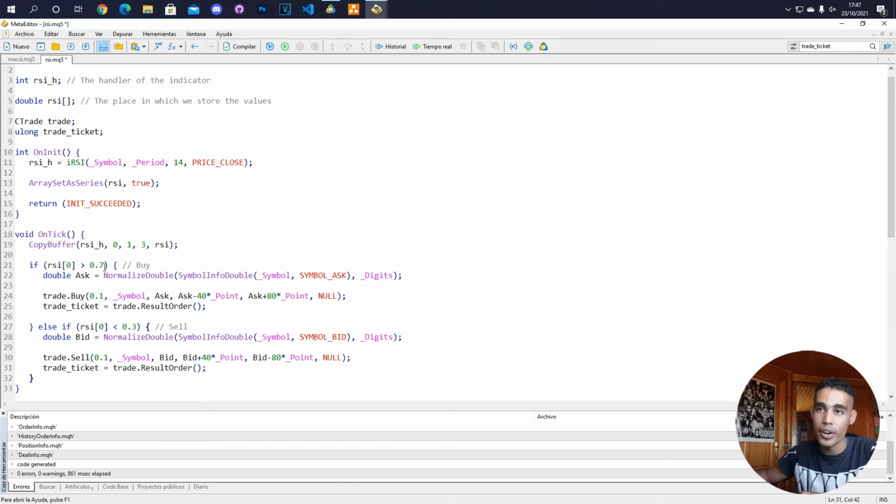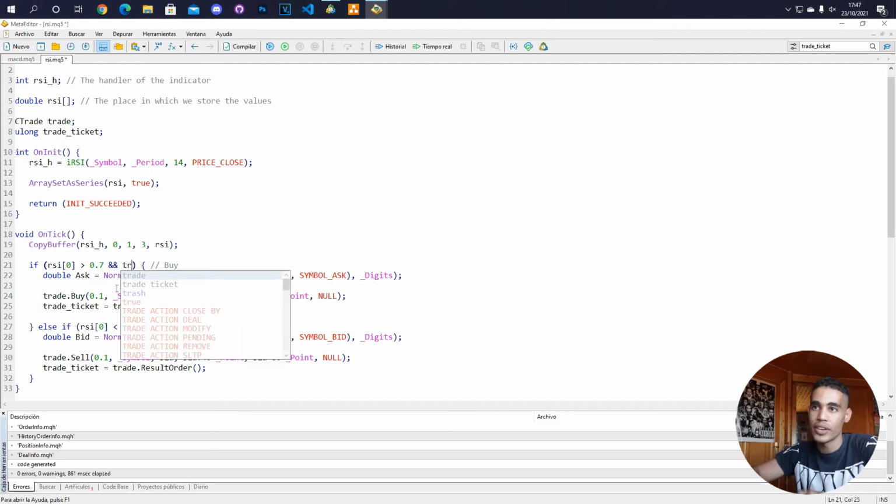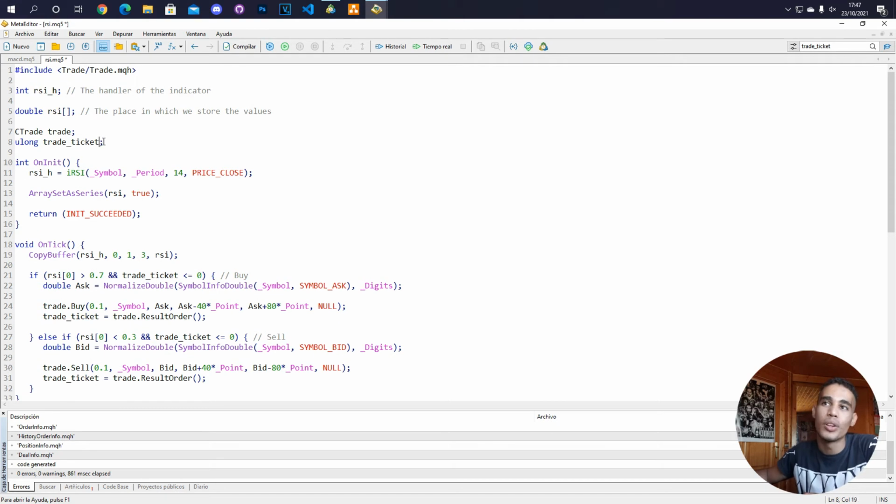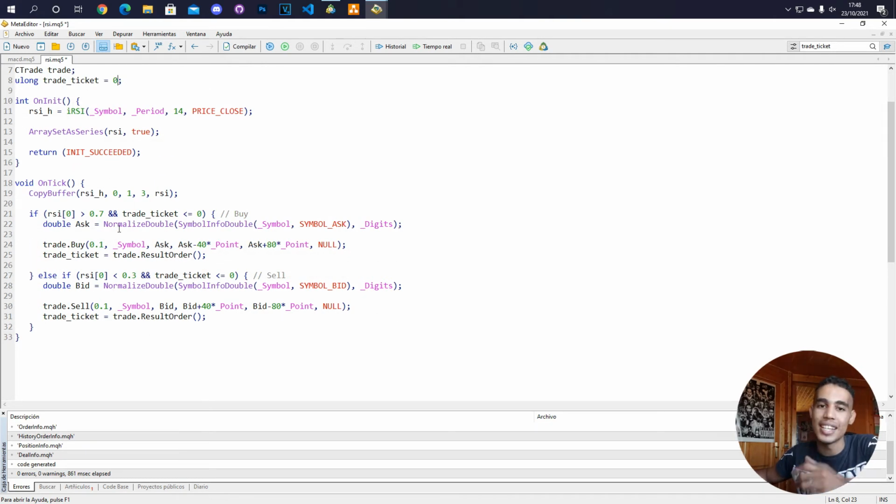So another thing that we have to change now is the condition, which needs to be that, hey, trade ticket is less or equal than 0, which will mean that no operation is open whenever you try to open another one. So if we put this, the bot should know that we cannot create another operation at this time, but we also need to initialize this to 0, which is just putting this. Now we have to decide at which moment we need to reset this variable. We need to reset this variable only when an